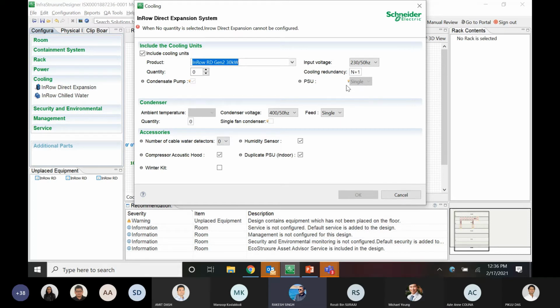The dual feed and one power supply are part of the unit. You can have two power supplies in place of one, and then you can select a duplicate power supply. The cooling machine has another slot to add one more power supply, so in case the power supply itself fails, the second one can support. So as a default it's just a single, and you can't change that? Yes, correct. Single power supply with two mains input.